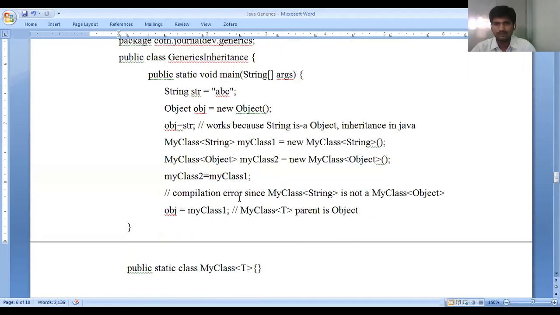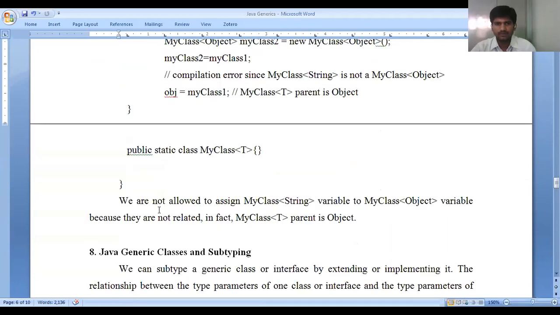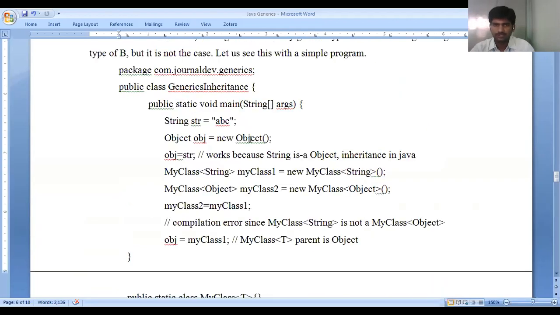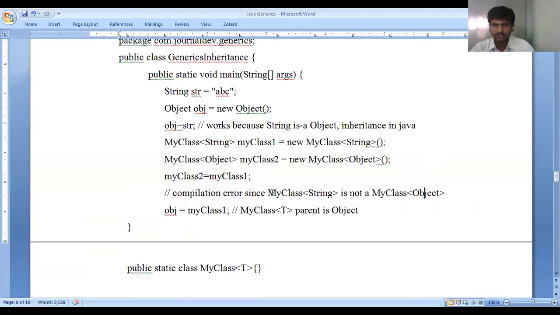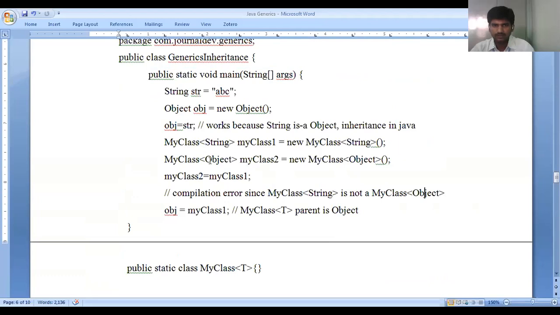We are not allowing assigning a MyClass of String variable to MyClass of Object because they are not related. In fact, MyClass of T is a different object, where T is the type we are mentioning.